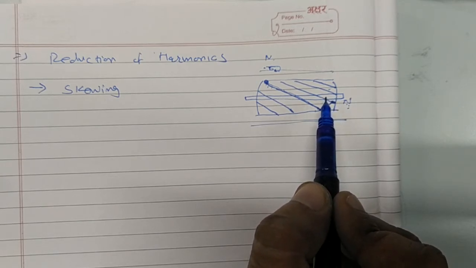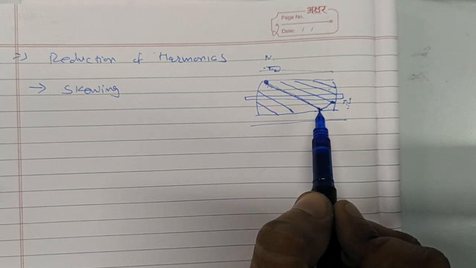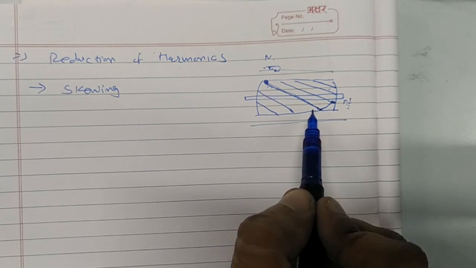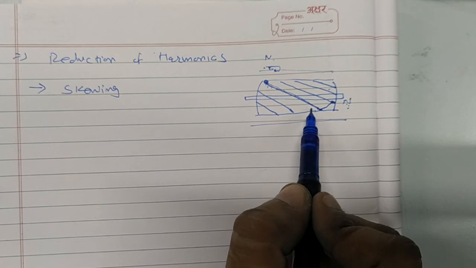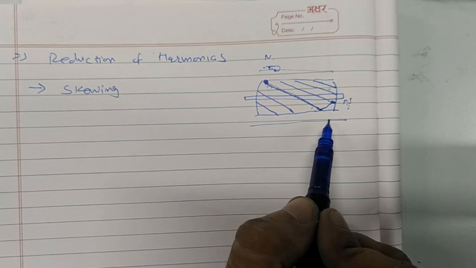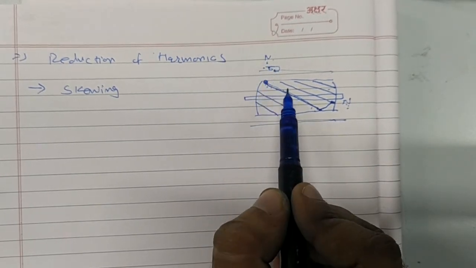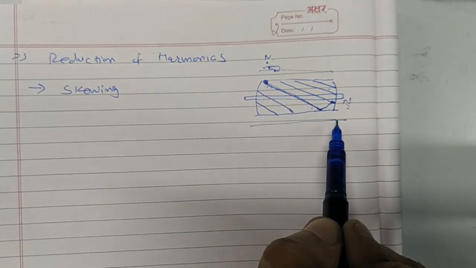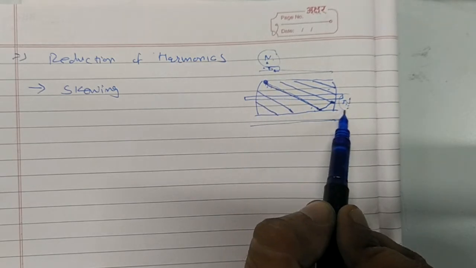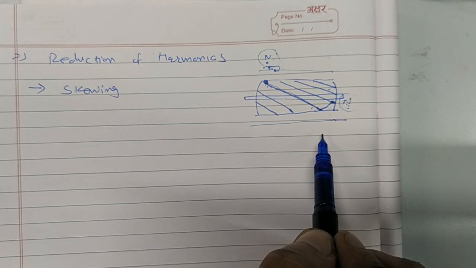So simply, in order to eliminate the effect of any harmonic, the rotor bar should be skewed through a certain angle so that the bars lie under the alignment of the same polarity of the pole, or it should be skewed by two poles. If an N pole is there, then one S pole will come and after that an N pole comes. So this bar should start at an N pole and end at the next N pole. This way the skewing is done.